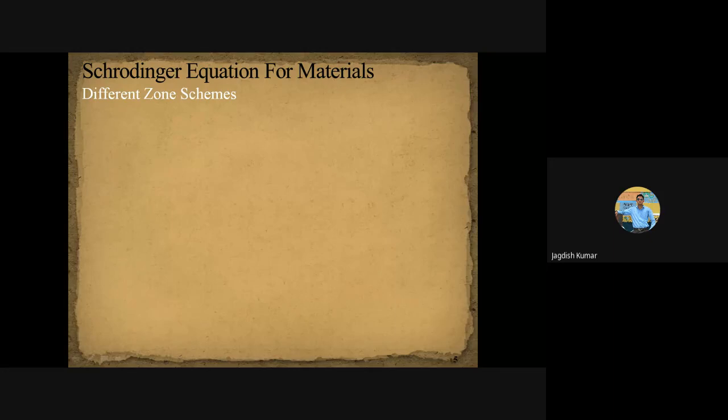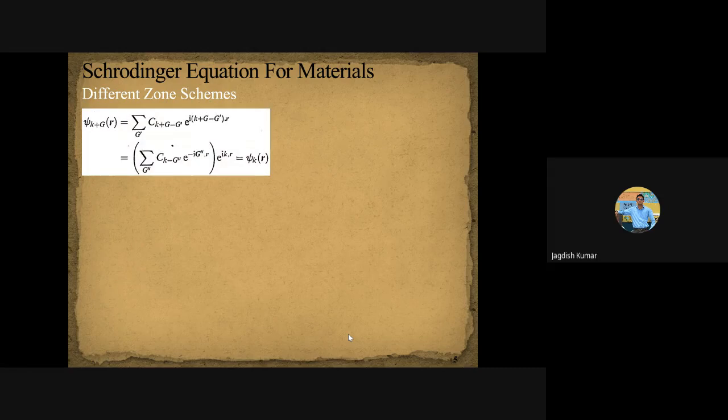So, I hope that you are comfortable now with what the reciprocal lattice is and how we can interpret the X-ray diffraction pattern in terms of the information supplied by the reciprocal lattice. Now today we will be discussing one very interesting aspect of the reciprocal lattice, which is related to the properties of electrons in solids, and that is related to the different zone schemes, the Brillouin zone schemes.